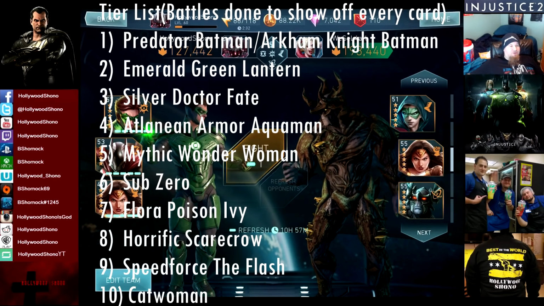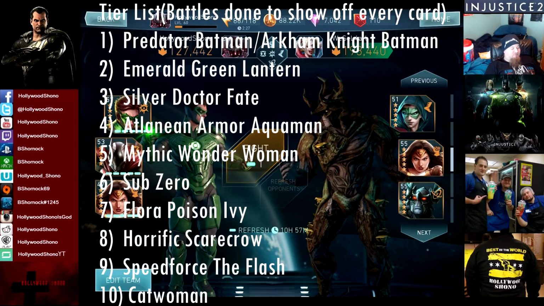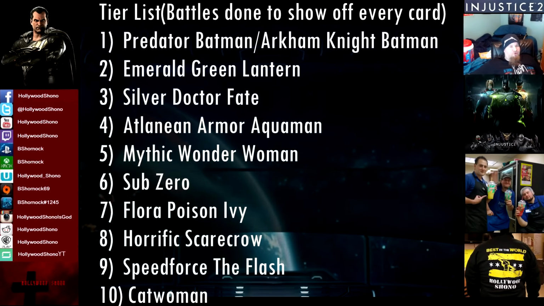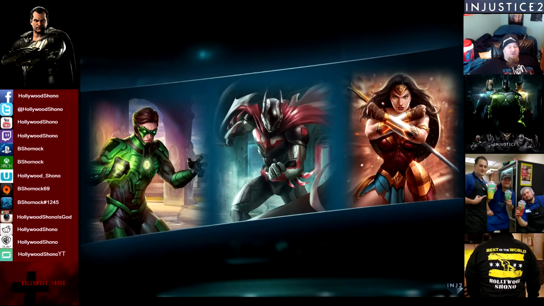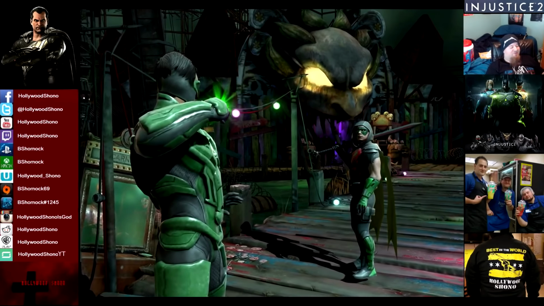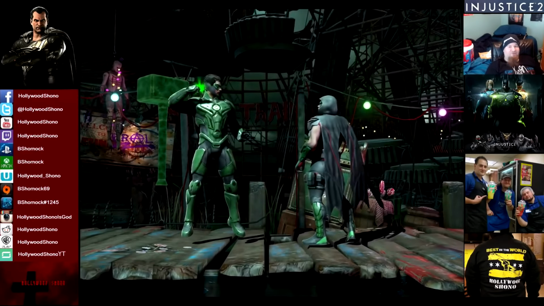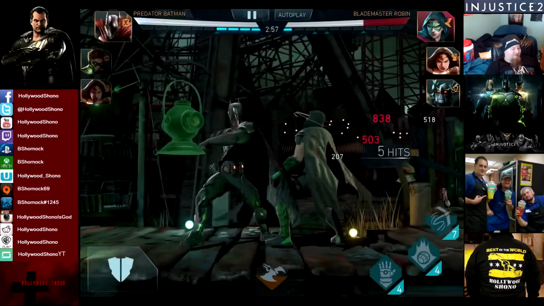a ton of damage. So, the reason we have Predator Batman and Emerald Green Lantern is because they are two of the best cycle cards in the game. Emerald Green Lantern can generate power, and Predator Batman can chip damage. Now, if you have the alternate Arkham Knight Batman, who I rank in the same league of Predator Batman as the best card in the game. Obviously, I can't test out Arkham Knight Batman, but you guys should know for yourself that that's generally how it